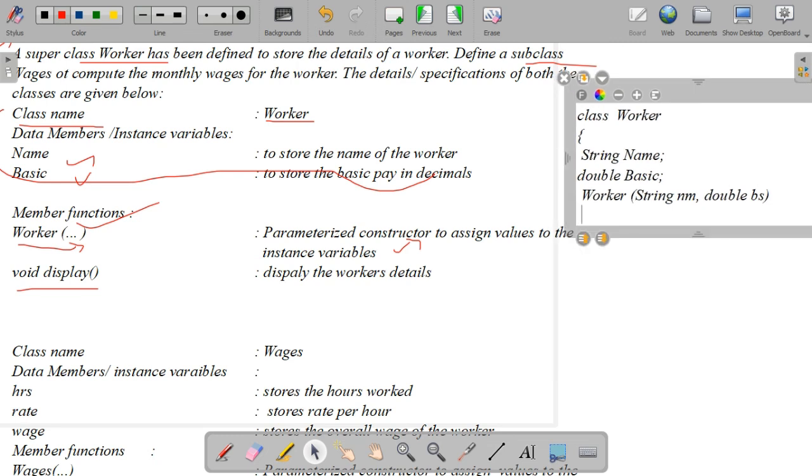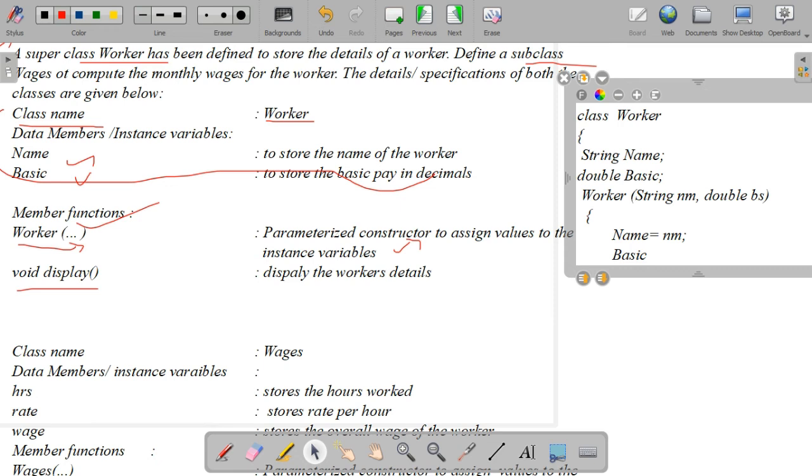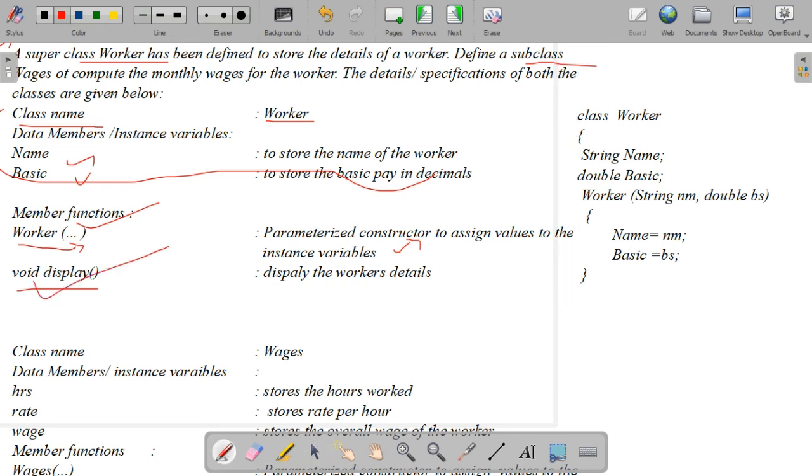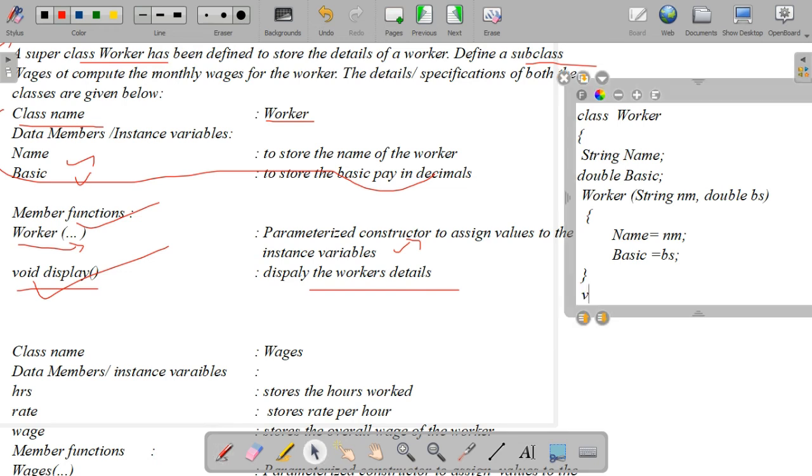You know how to write the parameterized constructor. We open the braces for this constructor, then initialize the values: instance variable equal to parameter, so name equal to nm, then basic equal to bs. That is all. This is the constructor of the base class.